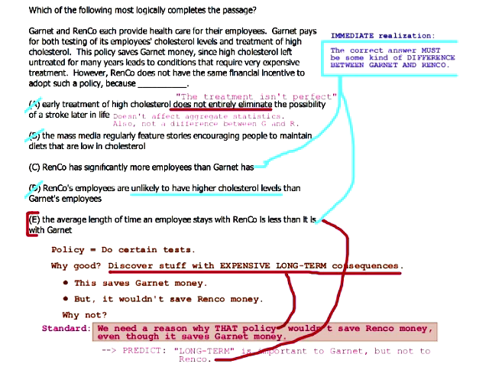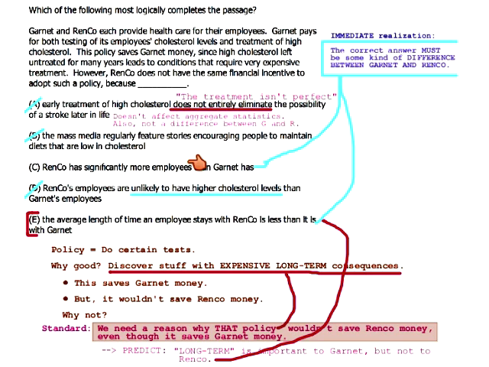So this is a lot easier and more profitable than starting to pick apart the language of the choices. I mean, if we need to explain why Garnet does X and Renko doesn't do X, it's got to be a difference between Garnet and Renko, y'all. Of course it does. So I'll always look for that kind of stuff first, before you get your scalpel out and start doing surgery on words. Look for the big things first.